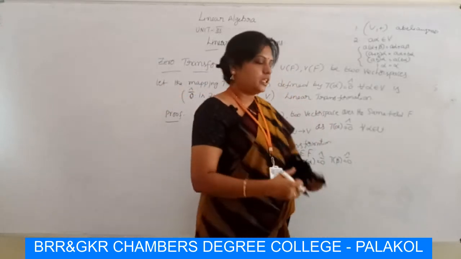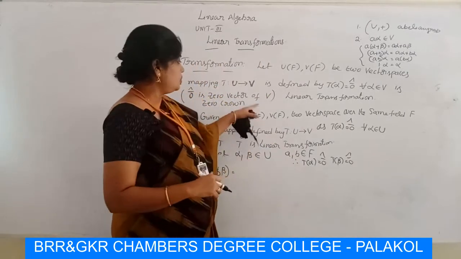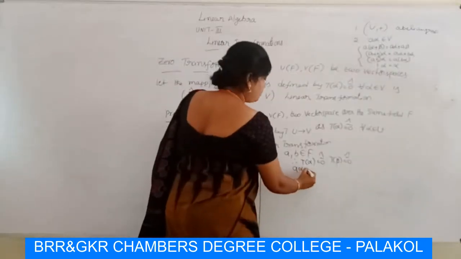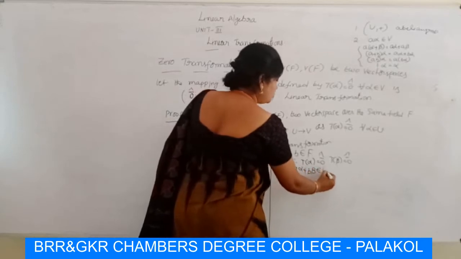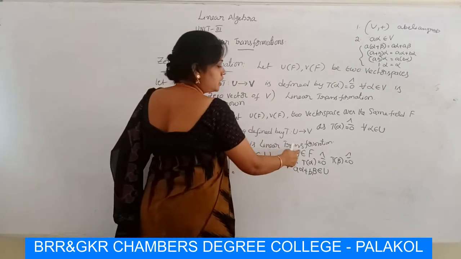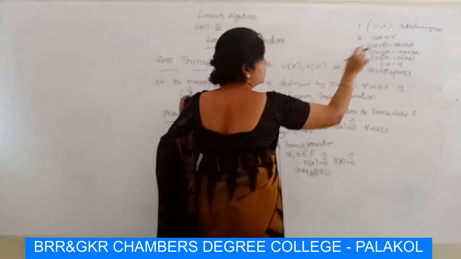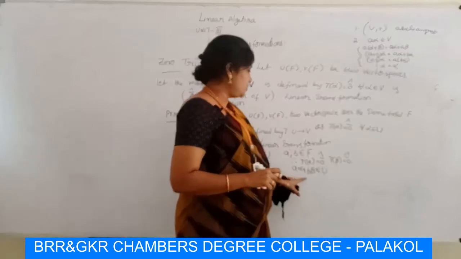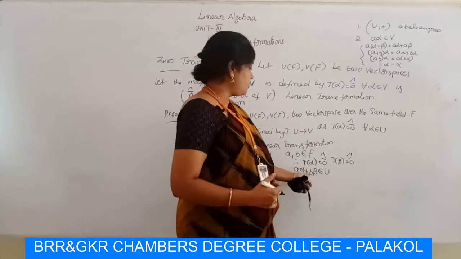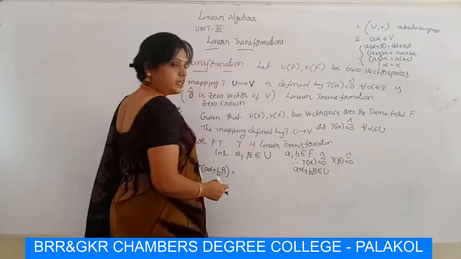By that theorem, here we have taken as the condition that U is a vector space. U vector space means we take as the condition that A alpha plus B beta also belongs to U. Here alpha, beta are elements of U and A, B are elements of the scalars, and U is a vector space. All the four conditions are combined into a single condition, that A alpha plus B beta belongs to U, then U is a vector space. So A alpha plus B beta is an element of U.